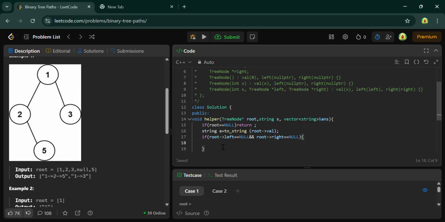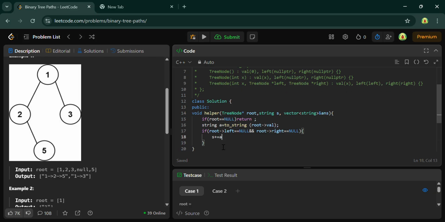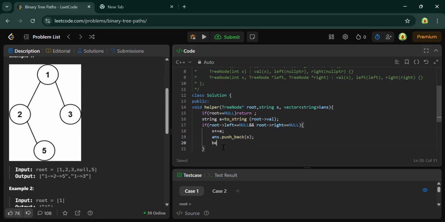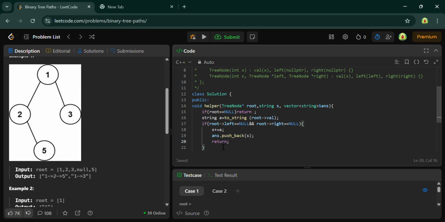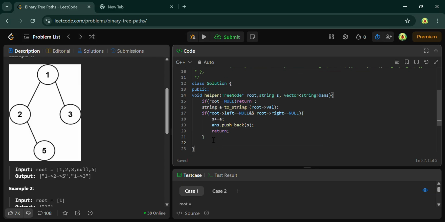So you just have to add this into a string and answer dot push back s, and return from the function. And if it is not a leaf, then you just have to call this function on the root's left and the root's right also. So let's pass this function root's left,